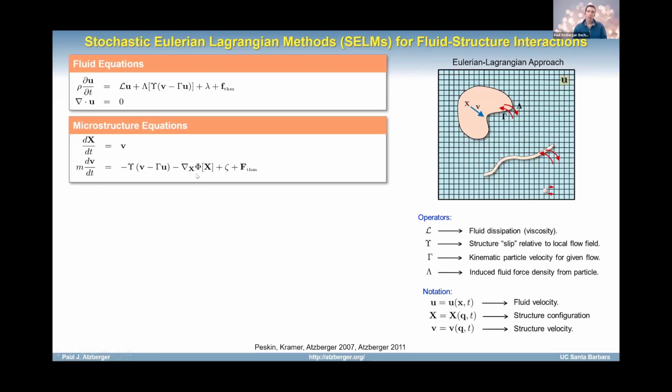And then whatever forces act on the microstructure, here I'm just writing them as conservative forces with this potential capital phi, that would also appear on the right-hand side of the momentum equation. Lagrange multiplier, again, you could also impose things like rigid body constraints on the deformations or the motions of the microstructure that would come in through this zeta term. And then again, what I'm most interested in here is what are the appropriate thermal forces.